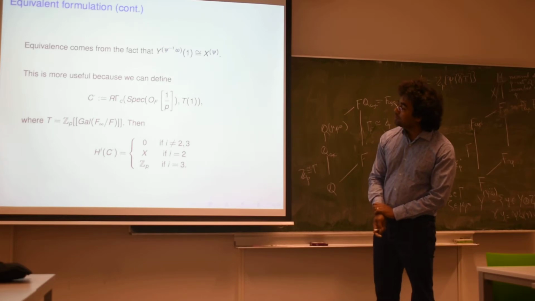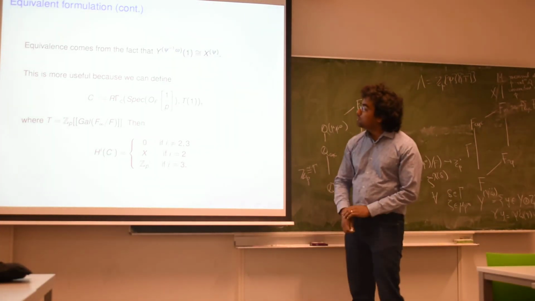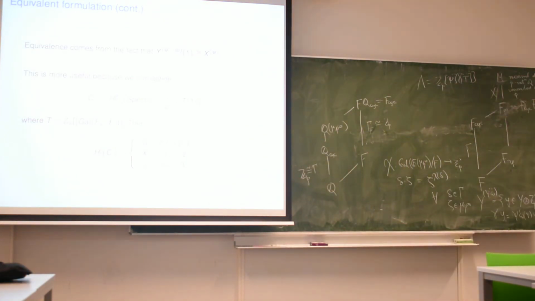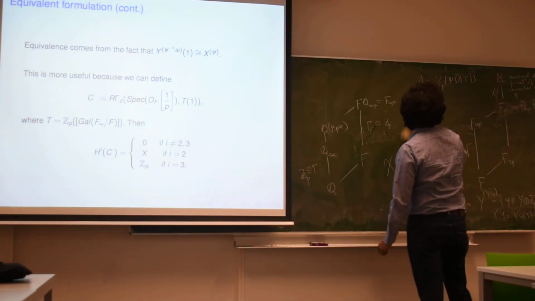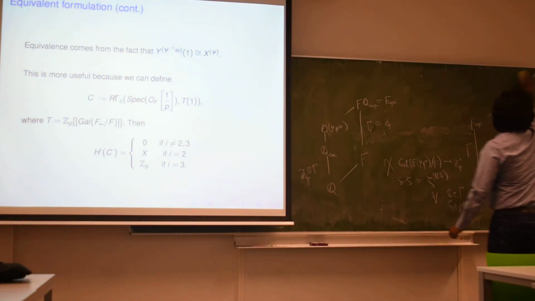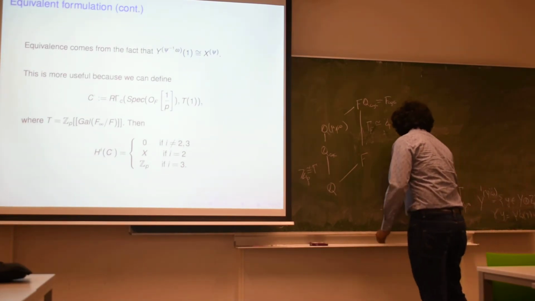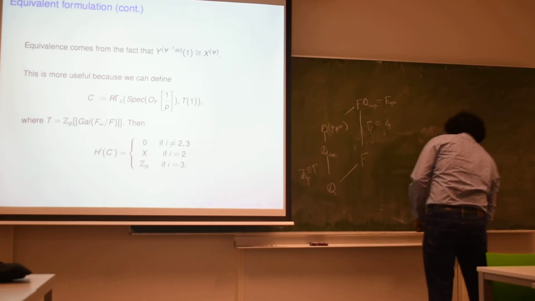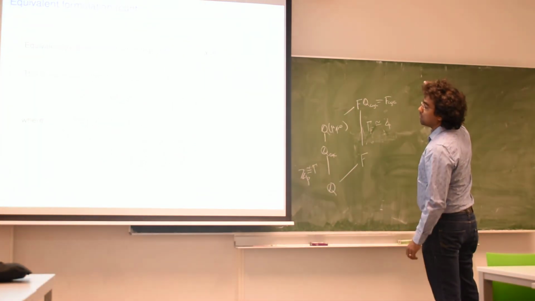So I take the étale cohomology of spec OF with p inverted, and then I take this T. T is just, as a module over Lambda, isomorphic to Zp, but then the Galois group acts on T